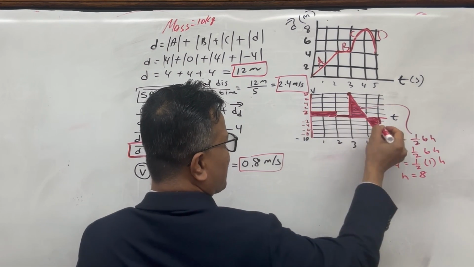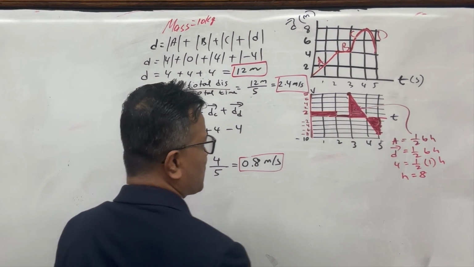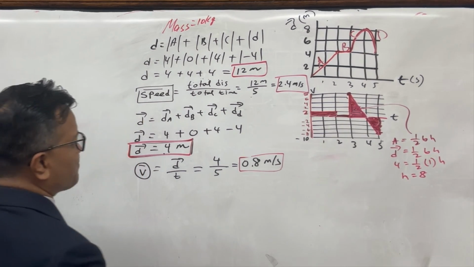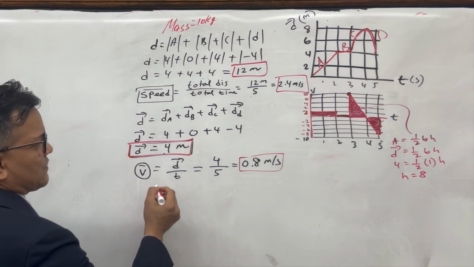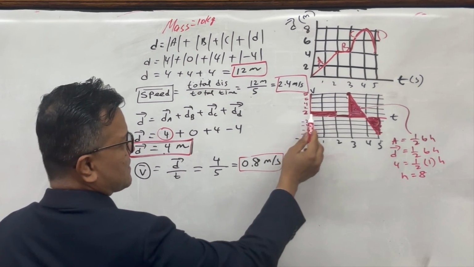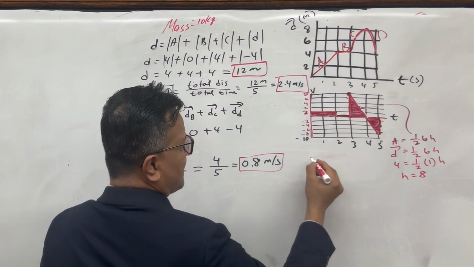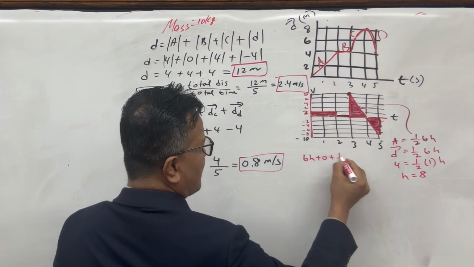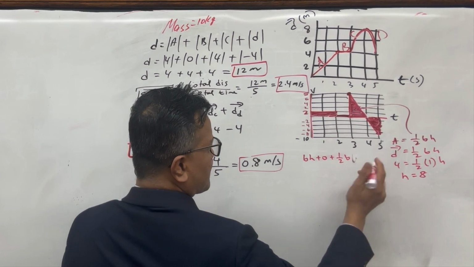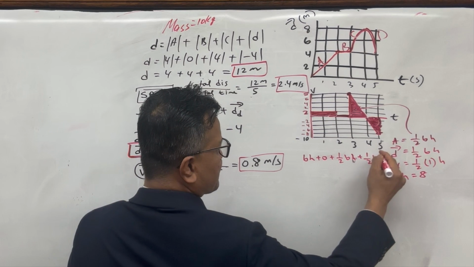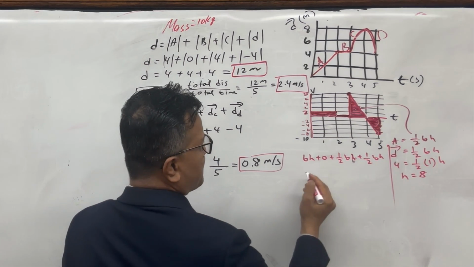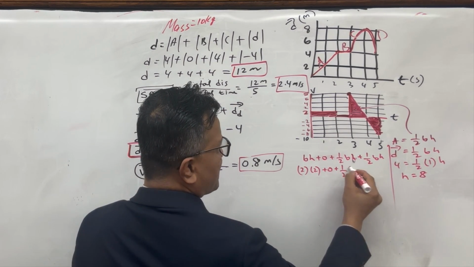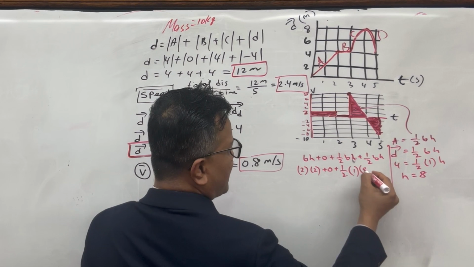This area plus this area plus this area is 4. That's what we're trying to prove. Okay, so from 0 to 2 seconds, how much is this? 4, because, or let's do it here. BH plus 0 plus half BH plus half BH. So B is 2, H is 2, plus 0 plus half, B is 1, H is 8